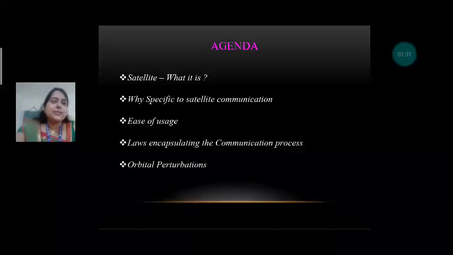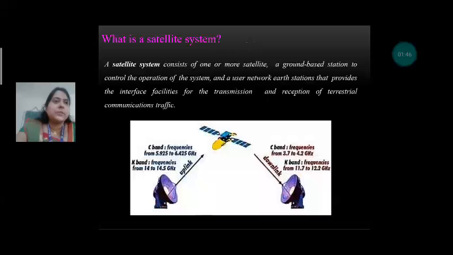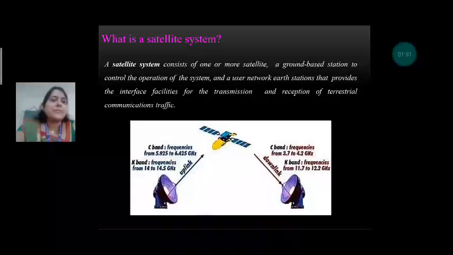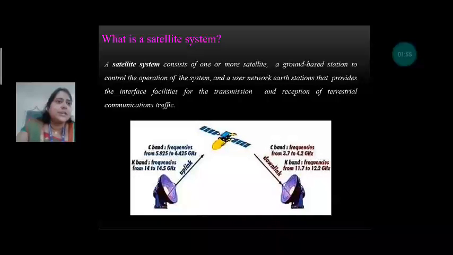So, satellite, what is it? Why, specific to satellite communication, while all other communication also find its advantage? How about the ease of usage? What are the laws encapsulating the communication process, and further the orbital perturbation? What is a satellite system? As we know, a satellite is something that is placed thousands of kilometers above Earth. We have two types of antenna being placed, one at the Earth station and the other at the